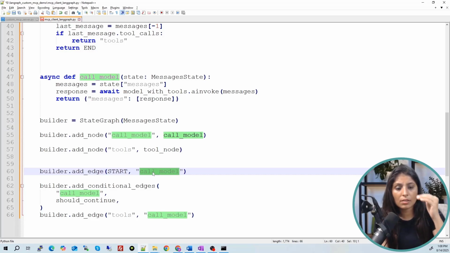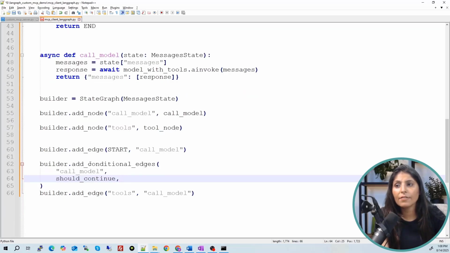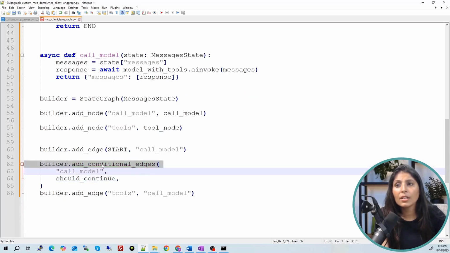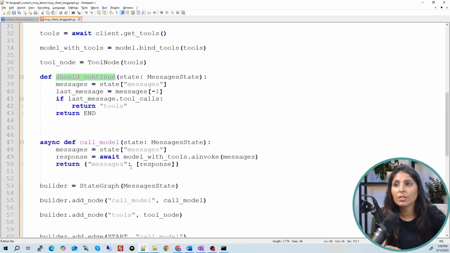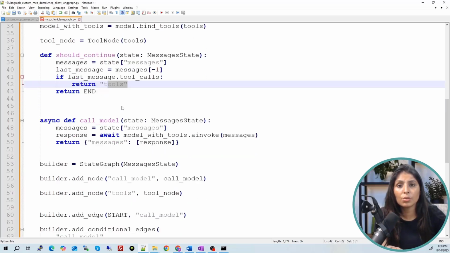After the start node we have call model, and after that we are using add conditional edge. What it means is the model will receive a question from the user. If that question needs the use of a tool, then we will use the tool, and see, the should continue function. If the last message needs the tool, then it will go to the tool node, this part.